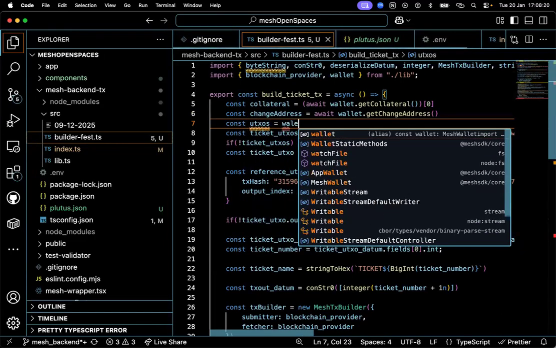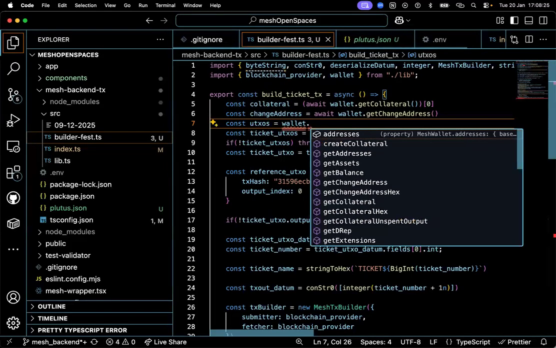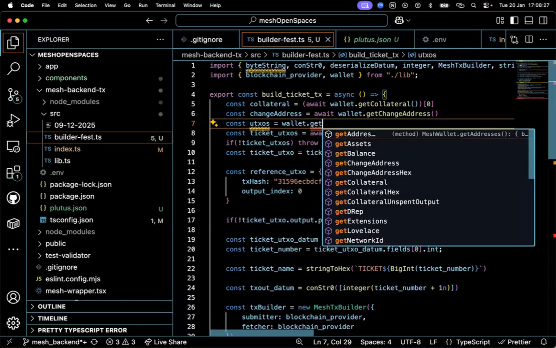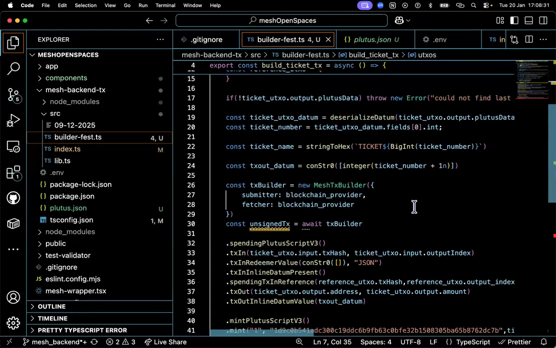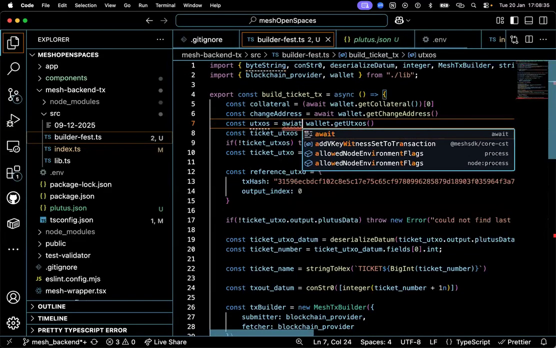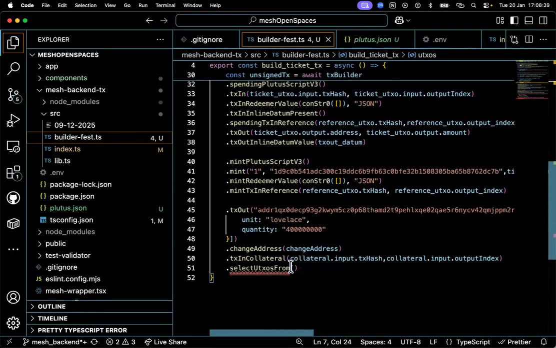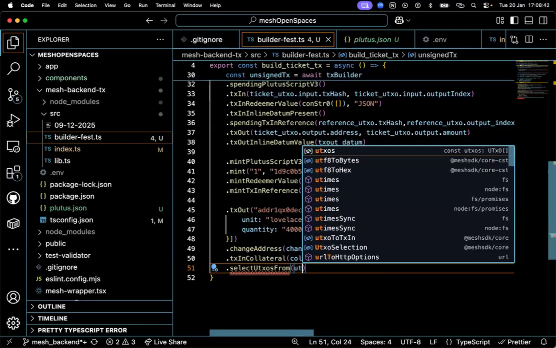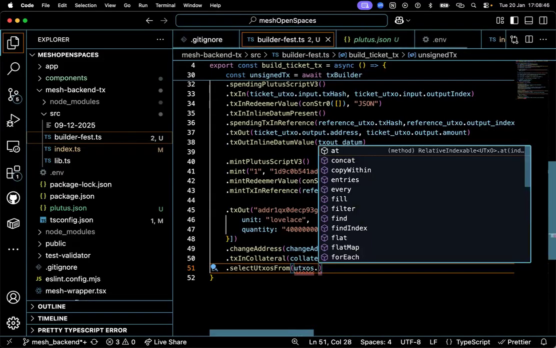Oh yeah, you need to add select UTXO to balance it. Yes, let's get those UTXOs. Then we need to await it, and we are now going to get our UTXOs. And then dot complete.